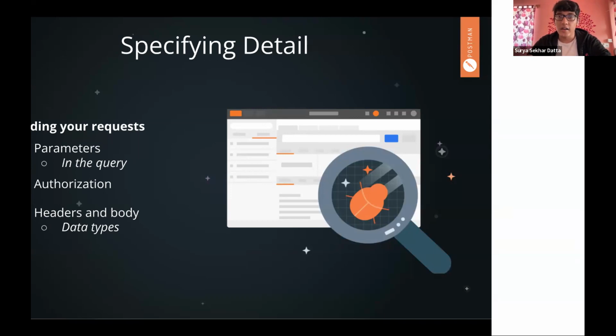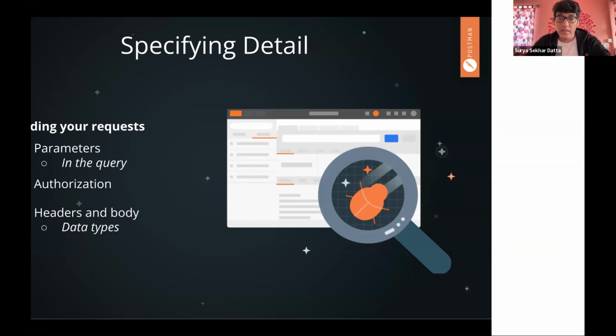Then there are headers. Headers are basically metadata. Some APIs require you to send particular headers that are not shown in the URL, unlike how parameters show the key-value pair. It's common practice to send some authorization data inside the headers instead of the URL, because if you're sending it via the URL and there is a third-party agent in your network, they can steal the API keys from you, and in that way they would have access.